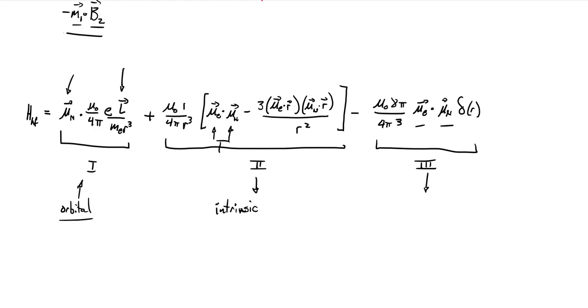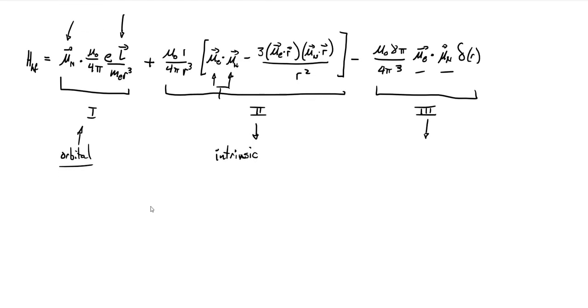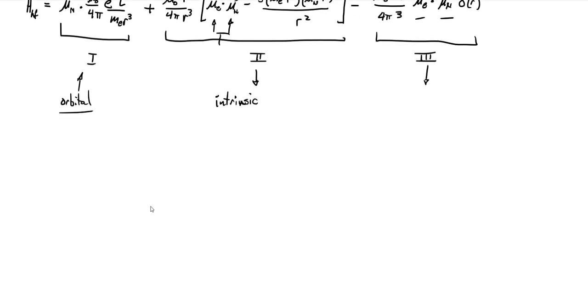If we simplify all this and put it more in terms of our angular momentum operators, our spin operators, the hyperfine Hamiltonian can be written like this. A bunch of stuff comes out: g_e mu_Bohr, mu_nuclear, nuclear g factor times that, all over 4 pi